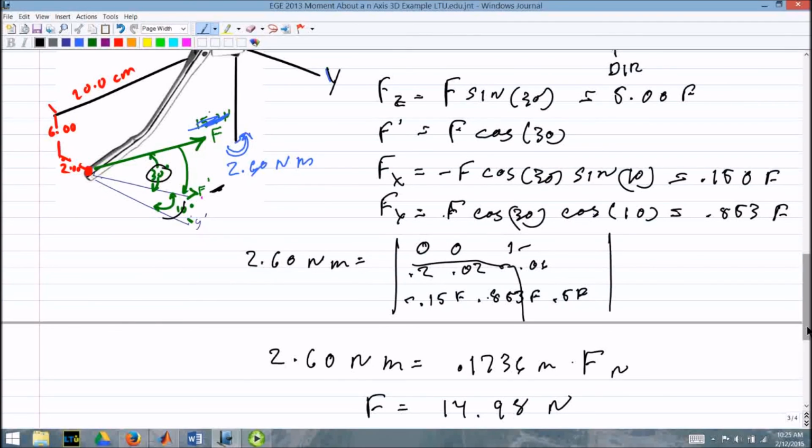Okay? Using this determinant method is pretty straightforward. It simplifies the math. Trying to do this with scalar values gets messy. Just remember it's r cross F, and then we do the dot product so we can put the appropriate unit vector in the top row. We put our r vector here, our position vector, and our force in that row, and it all works out.